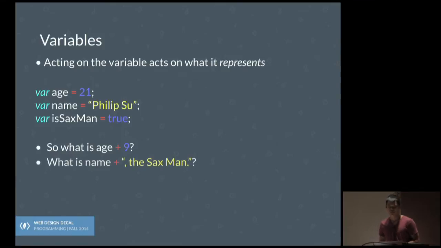Another one here. Tomas, you have something? What would its output be, combining using quotation marks? Okay, so we'll go over that within the hands-on when we add strings and numbers. But yeah. So let's see. Do you guys try this one out? Basically, I'm asking what is name plus comma the sax man? So this is different because instead of adding numbers, like we've done for all of our lives, now we're adding these things in quotes, just like words. What does that do? Can anyone tell me?